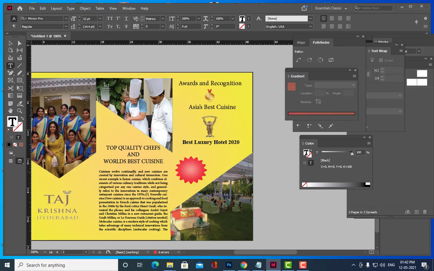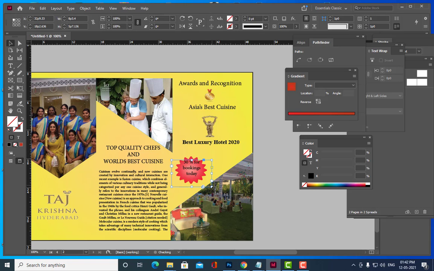Matter is 30% off for bookings today. So then just simply center align this. 30% off.